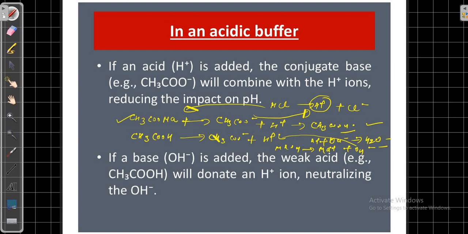So here you can see, if an acid is added, the conjugate base will combine with the hydrogen ions, reducing the impact on pH. And if a base is added, the weak acid CH3COOH will donate H+ ions, neutralizing the OH- ions. Means जब कोई एसिड डाला जाता है तो एसिड के जो हाइड्रोजन आयंस हैं वो बफर सिस्टम